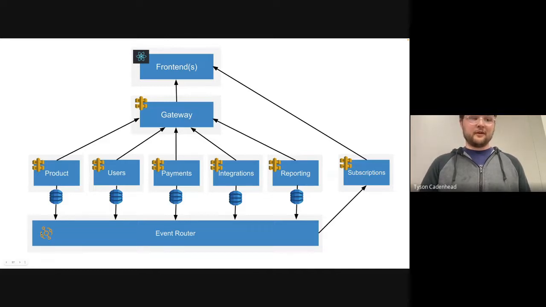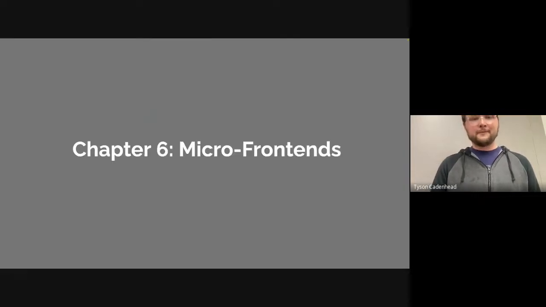Here I have AWS EventBridge listening for events. In a more complicated architecture, you might have some kind of a queuing system in between those, so you don't overload the system at some point. And then the subscriptions are listening off of that. So that's just a couple of ways you could do it. There's obviously tons of different technology stacks, so you definitely don't have to do it any single way.